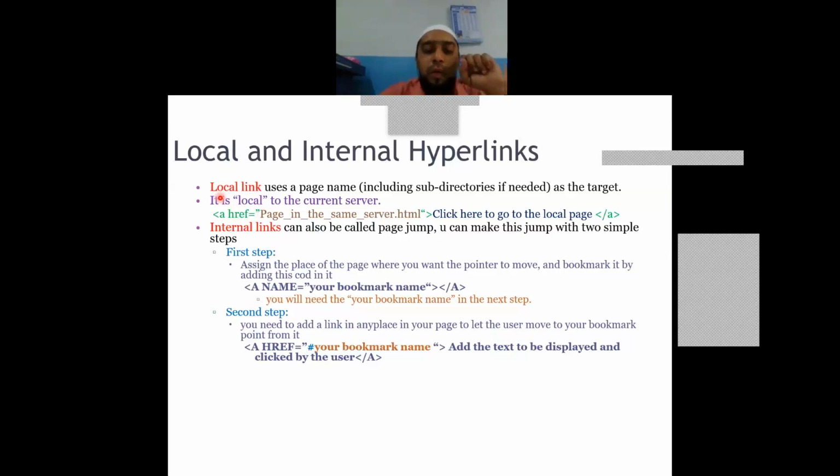Now once you have given that bookmark at this location, just before this, because when I click on this particular position, the browser's cursor should move to this particular location, right?